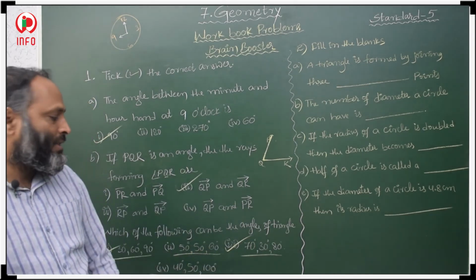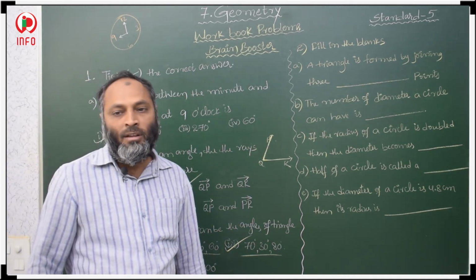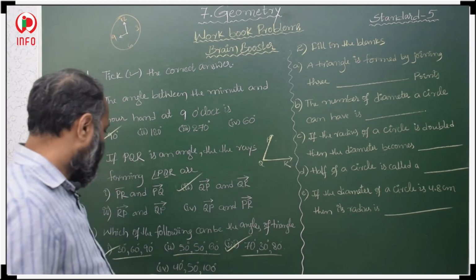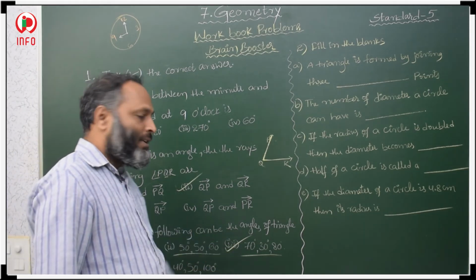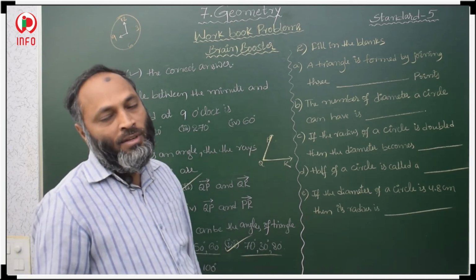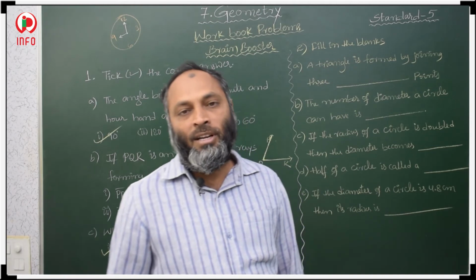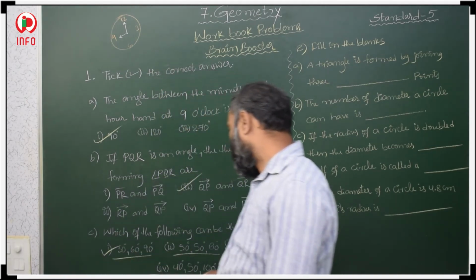So we have two answers. We have two answers of 180 degrees. That is our homework. So only two answers. First you find the sum of the three angles. Where you get a sum of three angles of 180 degrees, those are our answers. Okay, these two are our answers.